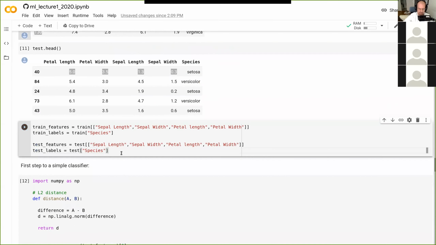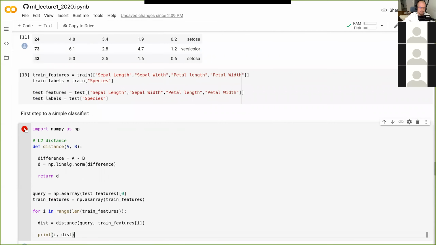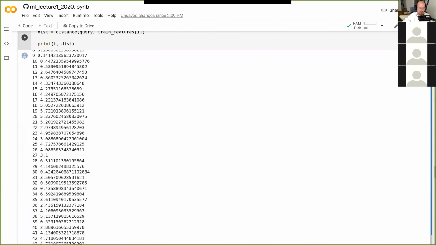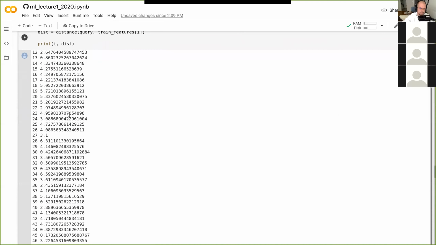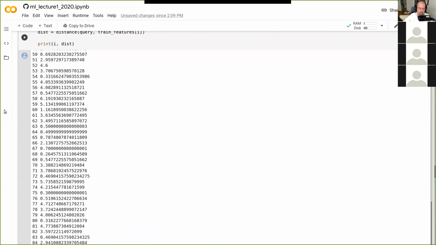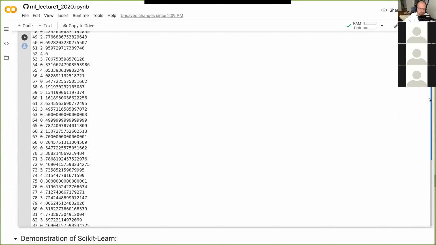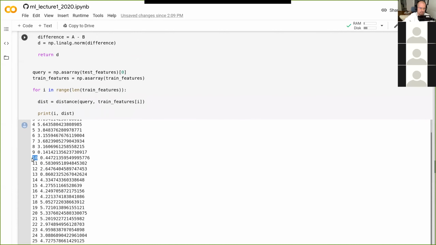Oh, I forgot to run this here. Yeah, so now this is run. Now I can run this here, and you can see it has an index, and then there's a bunch of distances. And if we wanted to classify it, for example if we do k equals 5, we could search for the 5 nearest, and we could look up in the data frame whatever the thing with that index has for type, and find out what it was.